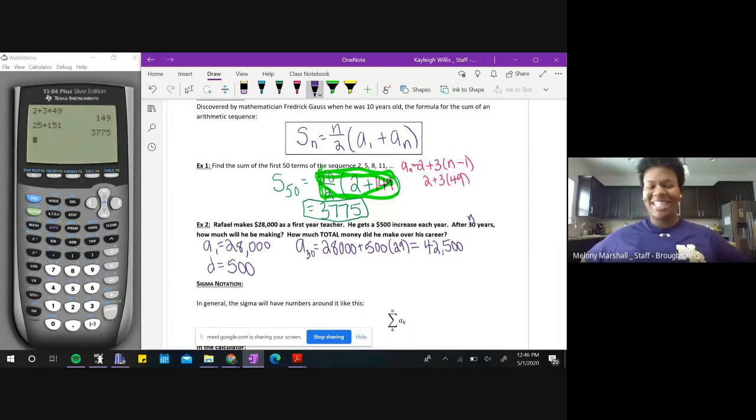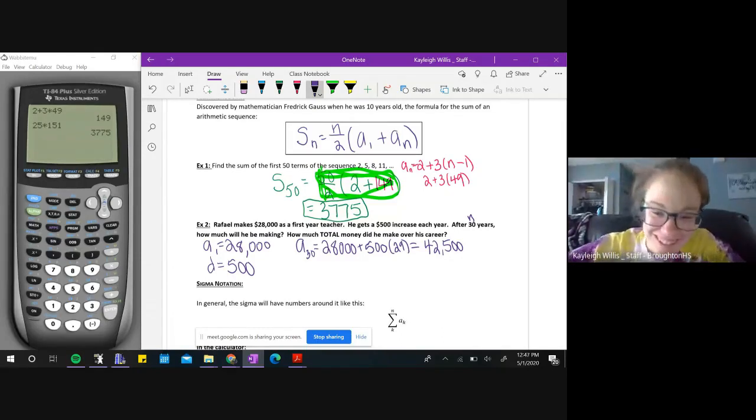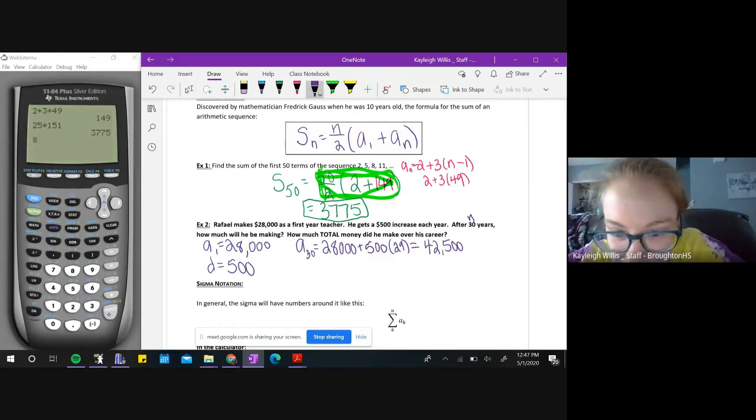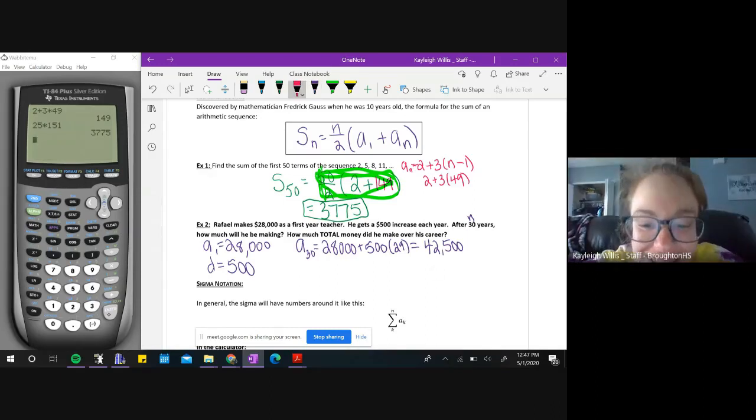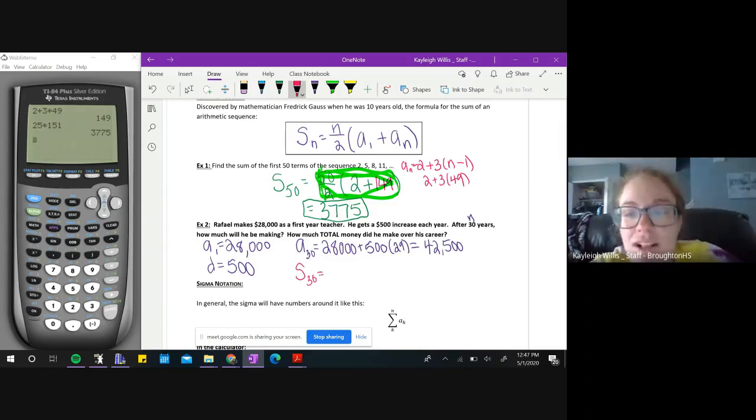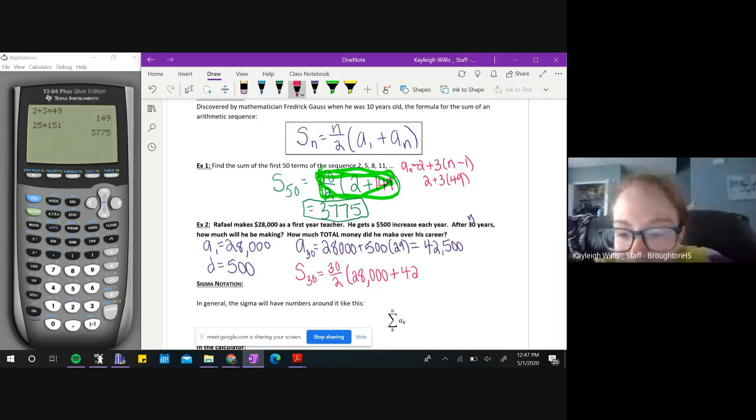All right, so total money. What does total mean I'm going to end up doing? Adding. Yes, so we're going to use that formula, the S sub n formula up there. So it's going to be after 30 years. So it's n divided by 2. The n is 30 because that's how many years we want to figure it out. My starting term A sub 1 was 28,000. And then I'm going to add the